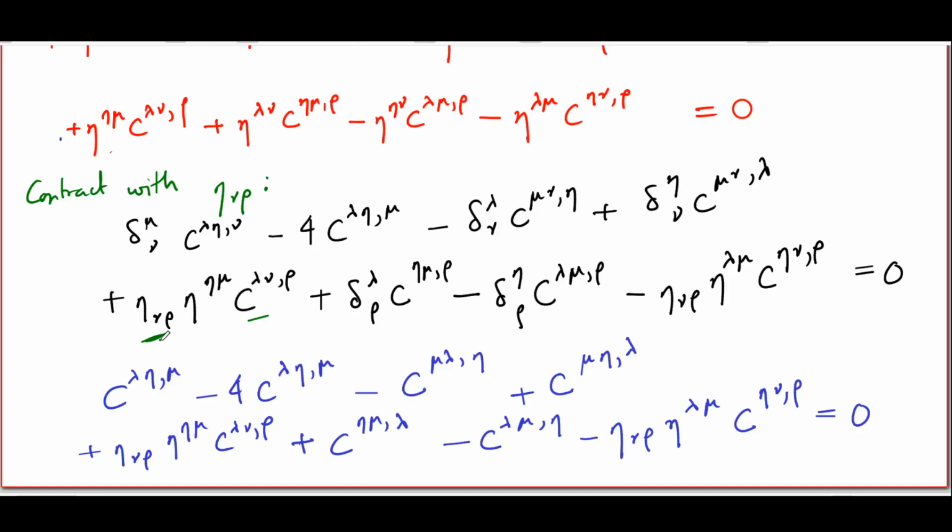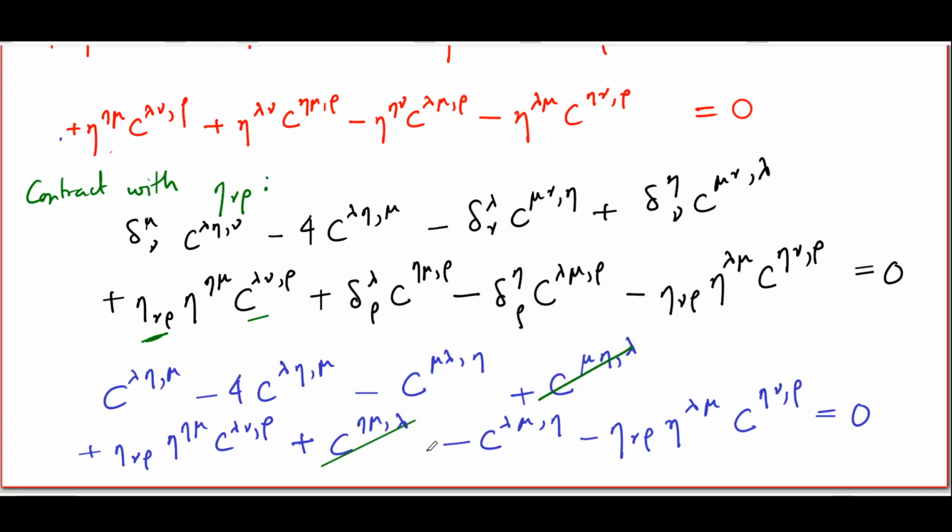Now what about these terms? Eta nu rho, c lambda nu comma rho. There is no antisymmetry argument here which will make this vanish, so this stays as it is. This one gives you c eta mu comma lambda, but note that these two both come with a plus sign, but c mu eta and c eta mu must be negatives of each other because they essentially come from j mu etas which change sign when you interchange the 2 indices. So this one and this one